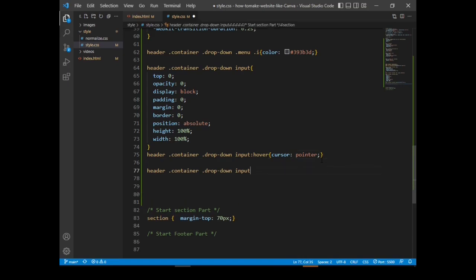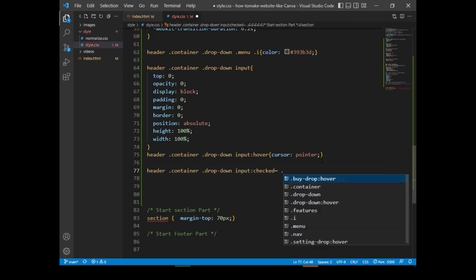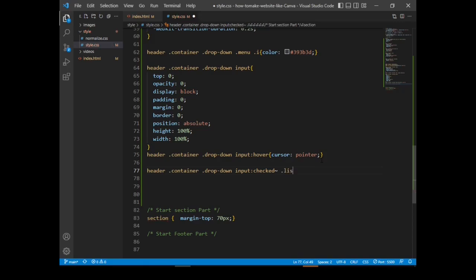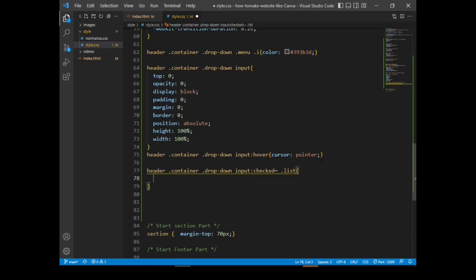Input every time when it's checked, every time when we get checked. That's why we are using CSS.